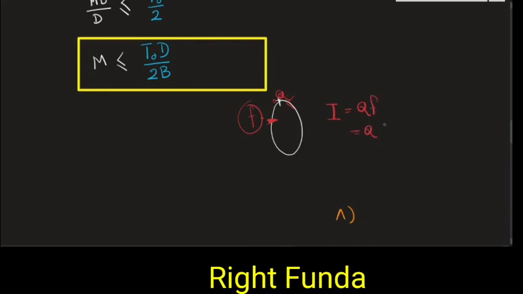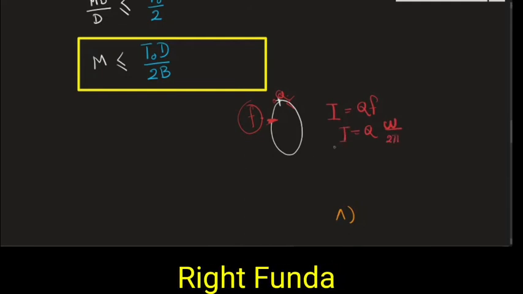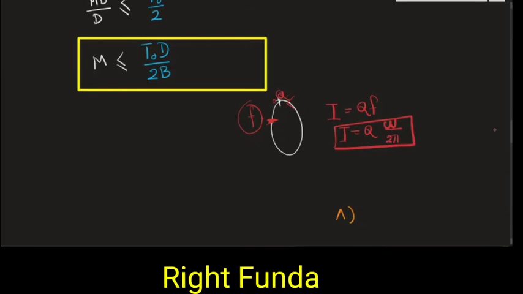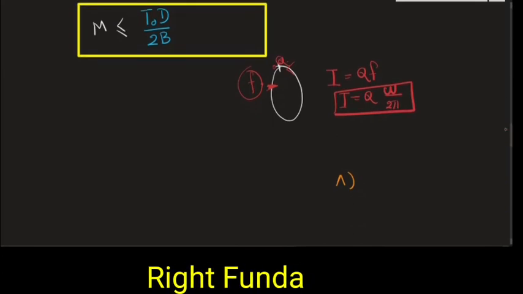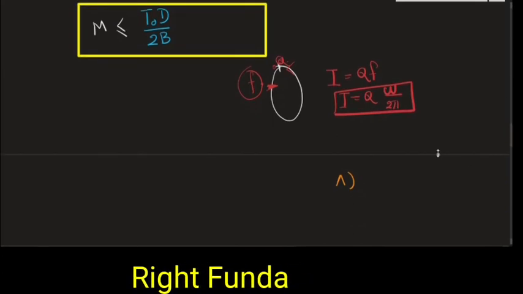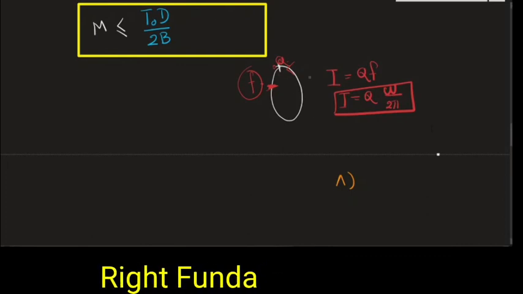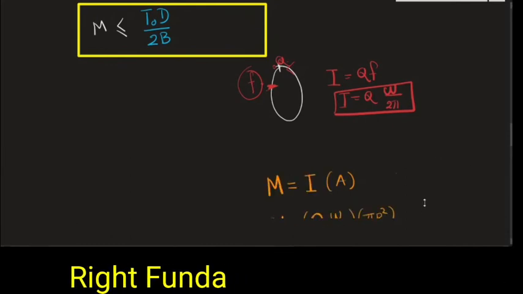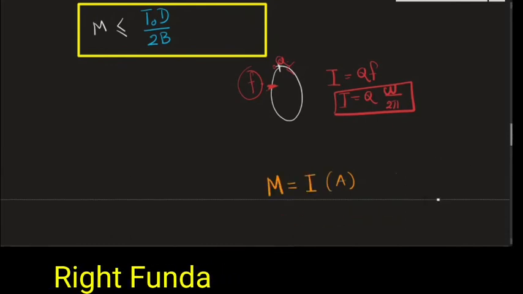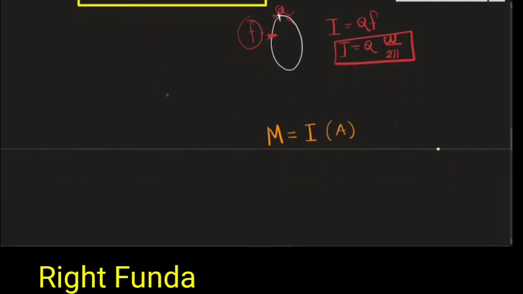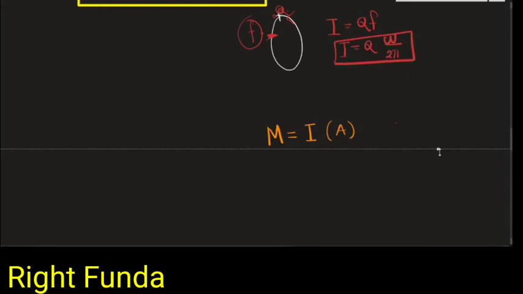The frequency is nothing but omega by 2 pi. So I know the current is equal to Q omega by 2 pi, where Q is the charge in the ring and omega is the angular frequency of revolution. Now I can calculate the magnetic moment. A current carrying loop has a magnetic moment, given by the current times the area of cross section of the loop. Area is a vector quantity, but I have taken the magnitude, so m equals I times area. I substitute I equal to Q omega by 2 pi, which I calculated here,